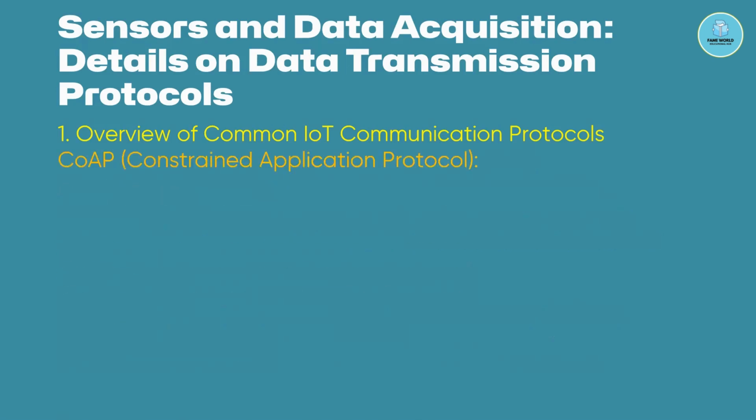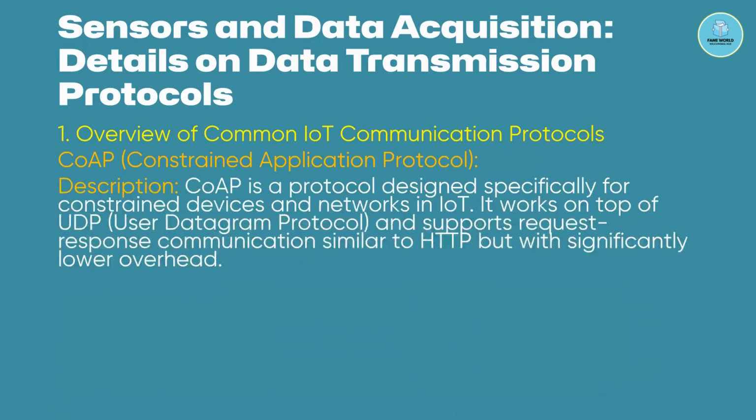Then if we move further and talk about the next one, that is CoAP, the Constrained Application Protocol. Simply, CoAP is a protocol designed specifically for constrained devices and networks in the IoT. And it works on top of UDP, that is the User Datagram Protocol. We shall also talk about the